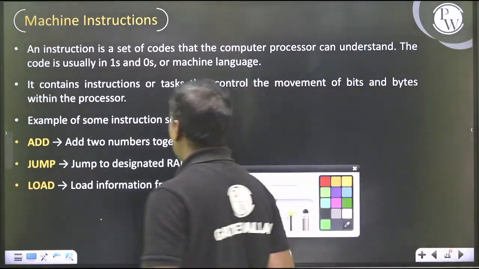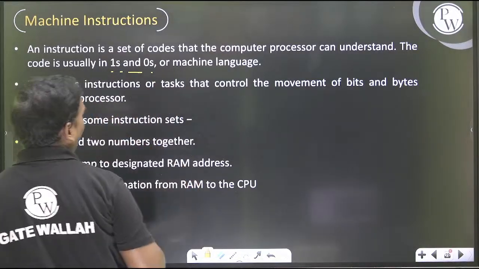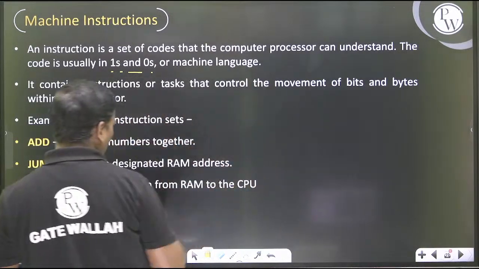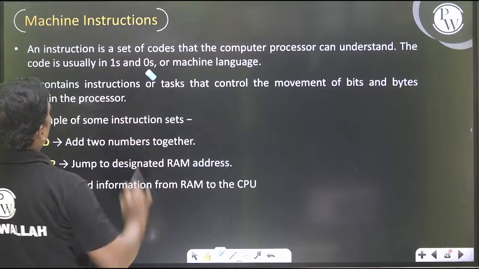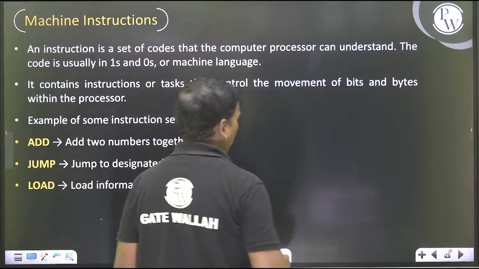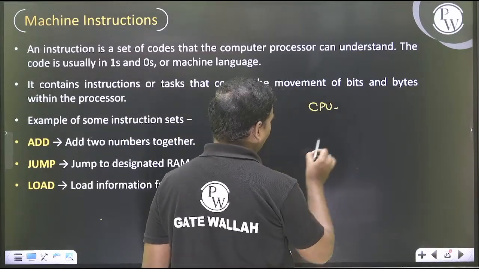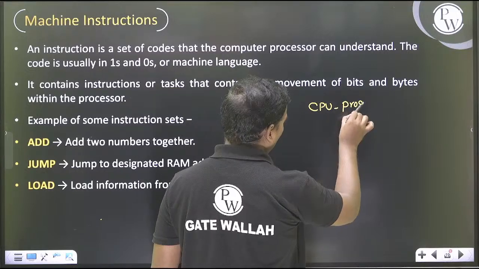The code is usually in ones and zeros, or machine language. So machine language means ones and zeros. Okay, so language के बारे में आपको पता होना है एक बार. CPU understands programming languages. Suppose if you take the CPU programming languages,